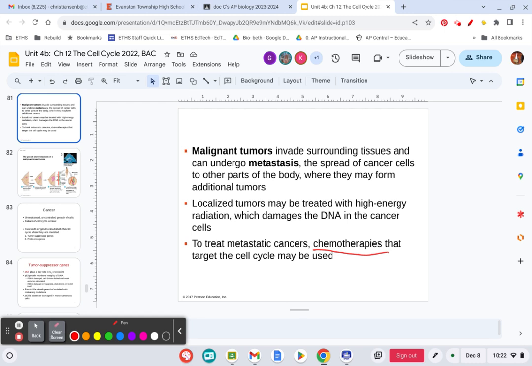Same thing with the stomach. Sometimes you'll see nausea and really have a problem eating, because one of the other areas of the body that's very fast-growing is the lining of the stomach. That gets replaced every couple of days. So the chemo goes, yep, that's fast-growing, so they're going to destroy some of that too. Sometimes you get sores in the mouth as well. Again, fast-growing tissue is going to be eliminated. Doesn't matter if it's cancerous or not.